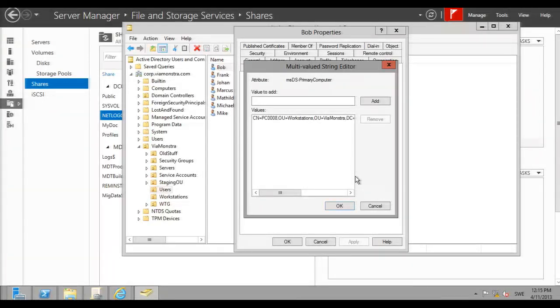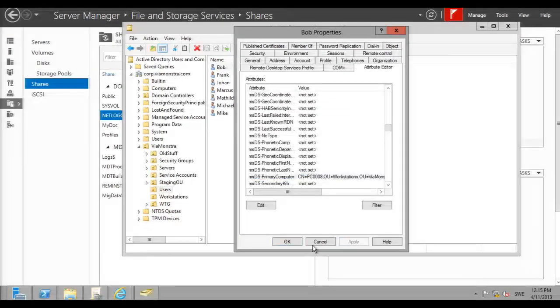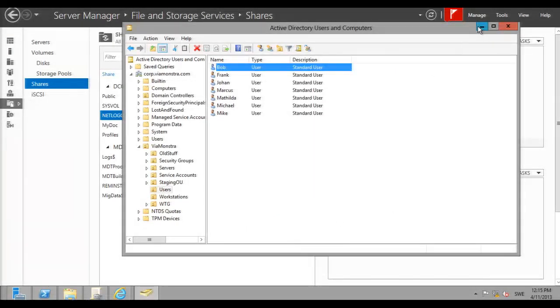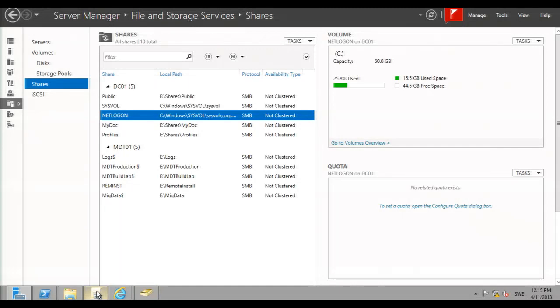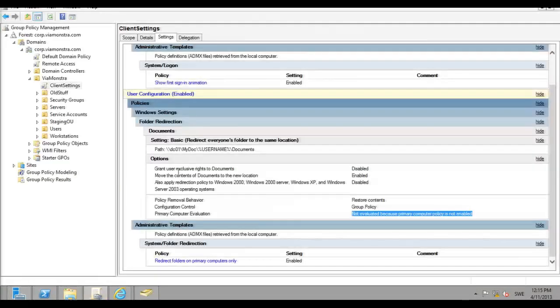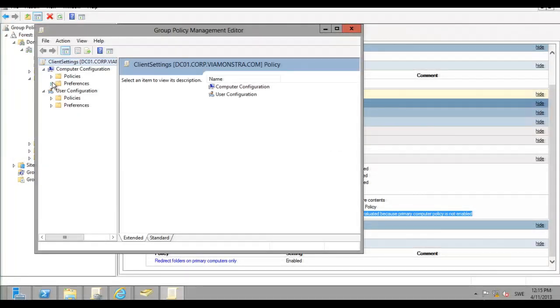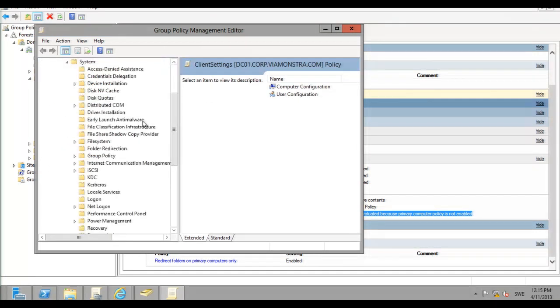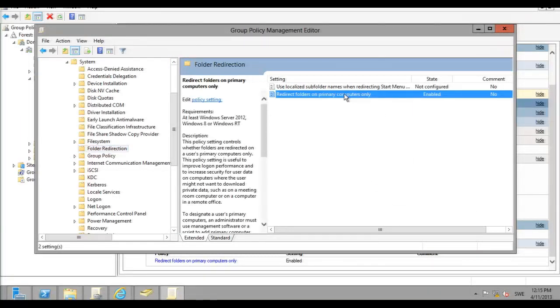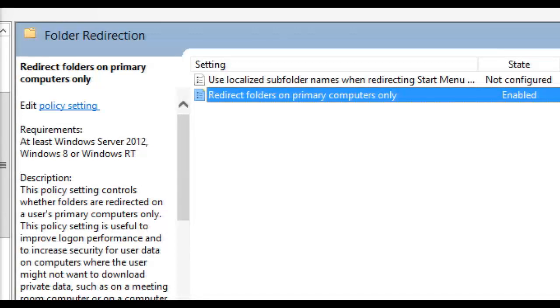Otherwise, it's going to be out of sync. When that is done, basically half of the configuration is done. You also need to configure other things, especially on either machine level or on user level: folder redirection, redirect folders on primary computers only,